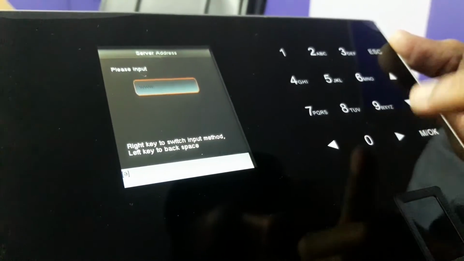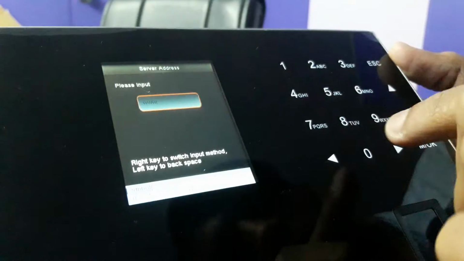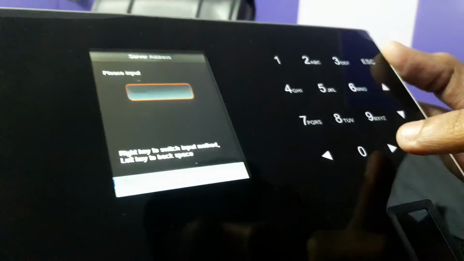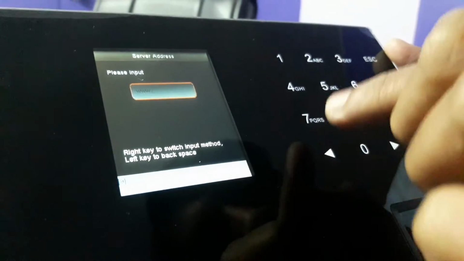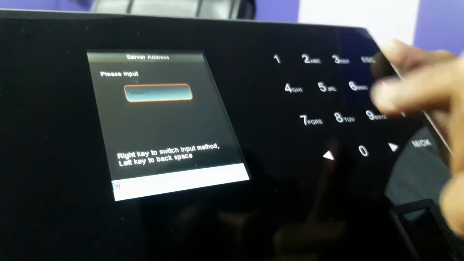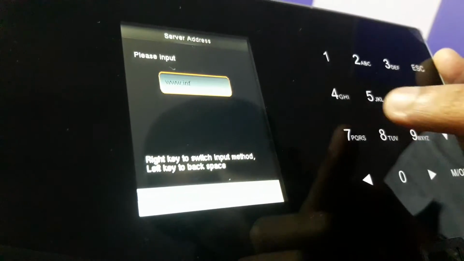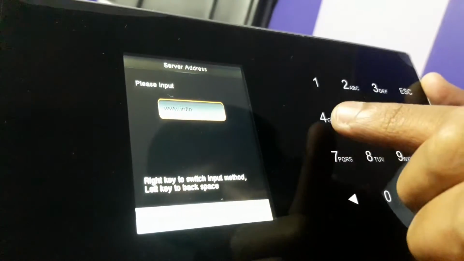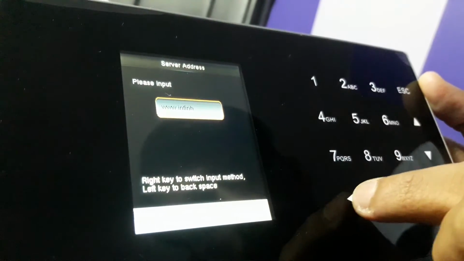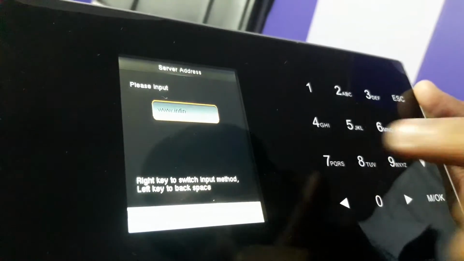www. Now I need a dot, so I go to the symbol option. One is the dot option. Now again English letters: infiniumhrms. If you type anything wrong, you can click on this button to erase.